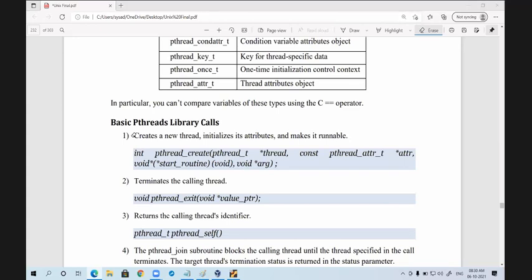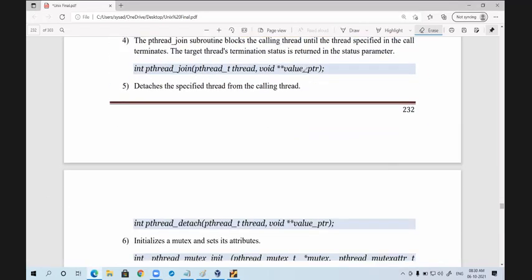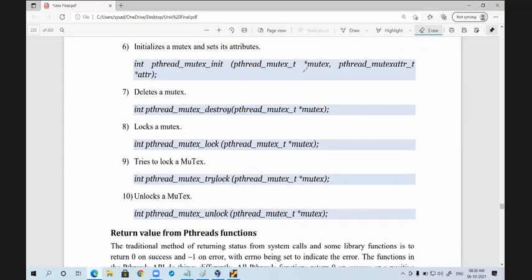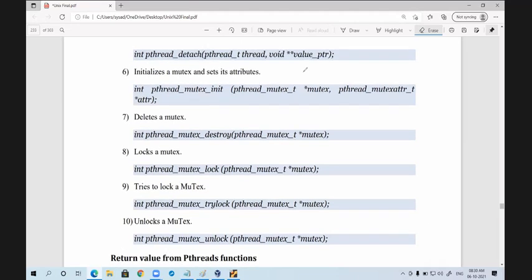Now here, how many functions are there? 1, 2, 3, 4, 5, 6, 7, 8, 9, 10. The last few functions are used for mutex purpose, mutual exclusion, synchronization purpose.